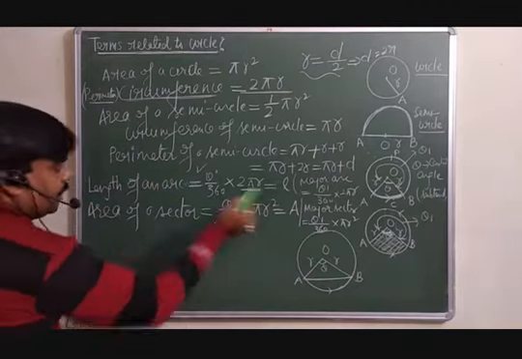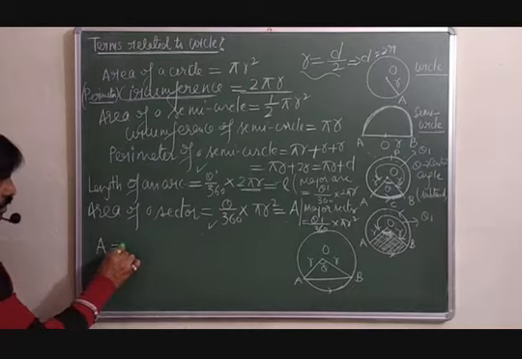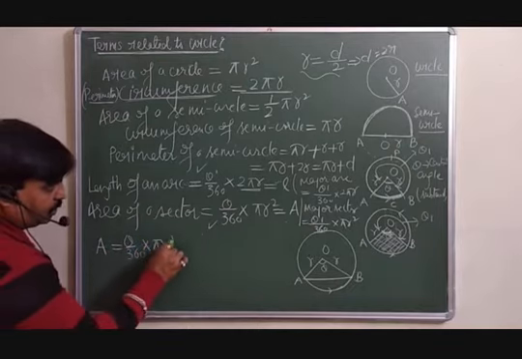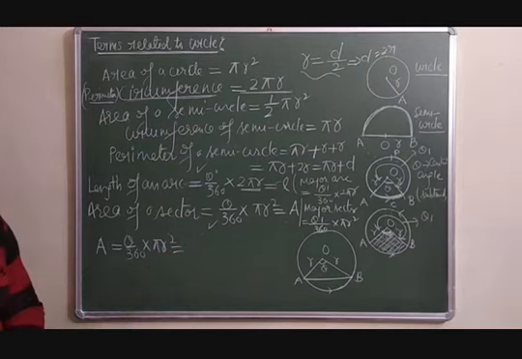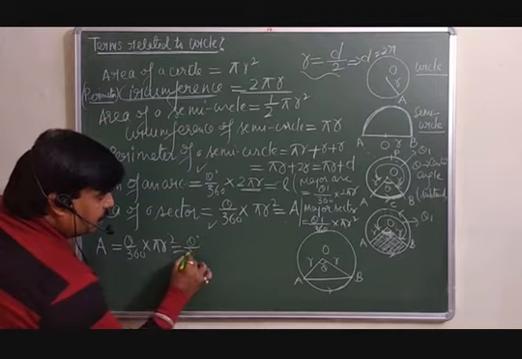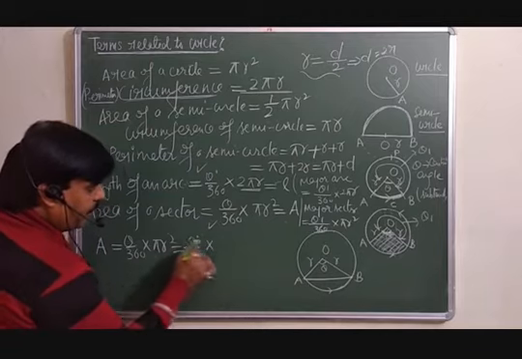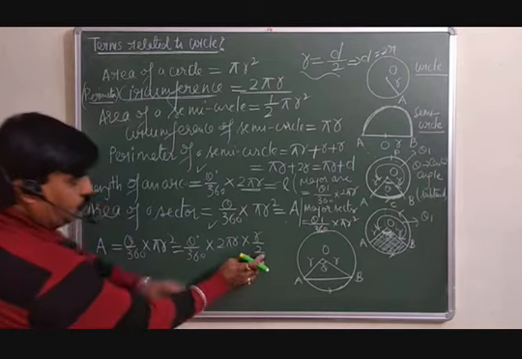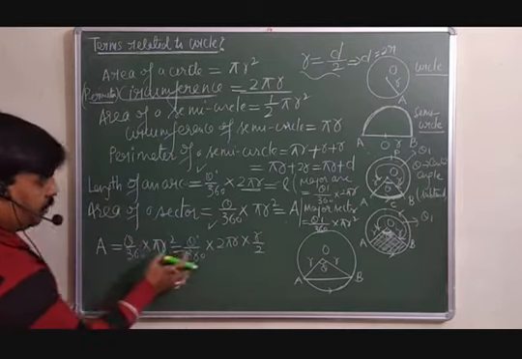देखिए इनमें relation क्या है? Area of the sector A is equal to what? Theta over 360 into pi r square. लेकिन for our own convenience मैं इसको ऐसा भी तो लिख सकता हूँ. Theta over 360 into pi r square की जगह मैं लिखूँ 2 pi r into r by 2. देखिए 2 से 2 you cancel. You are getting ultimately pi r square.